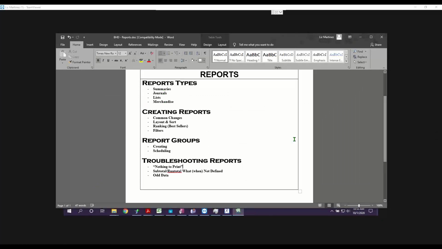So we've gone over our summaries, journals, lists, and merchandise. Not in that order. Creating reports, so common changes, like things that we did go over for common changes, adding maybe margin dollar, adding item number, removing department, or removing DCS2 if you don't use it, and replacing it with something that you do use. Maybe you do use auxiliary 1. And so we did get a chance to go ahead and talk about some of that. Again, layout, sorting,